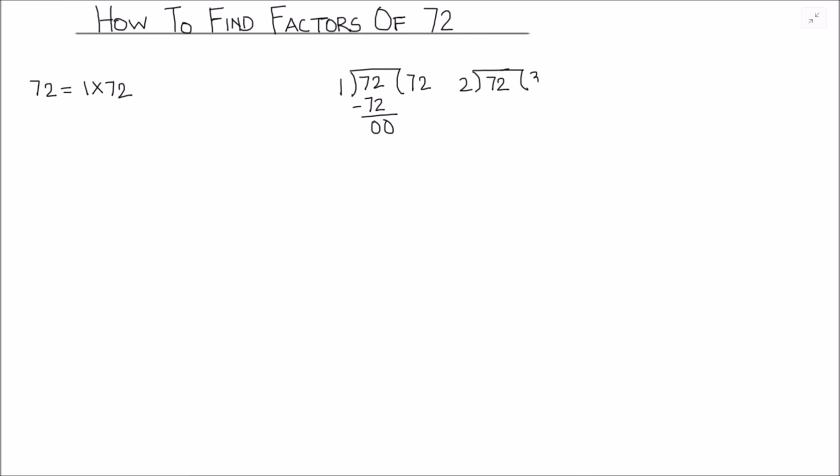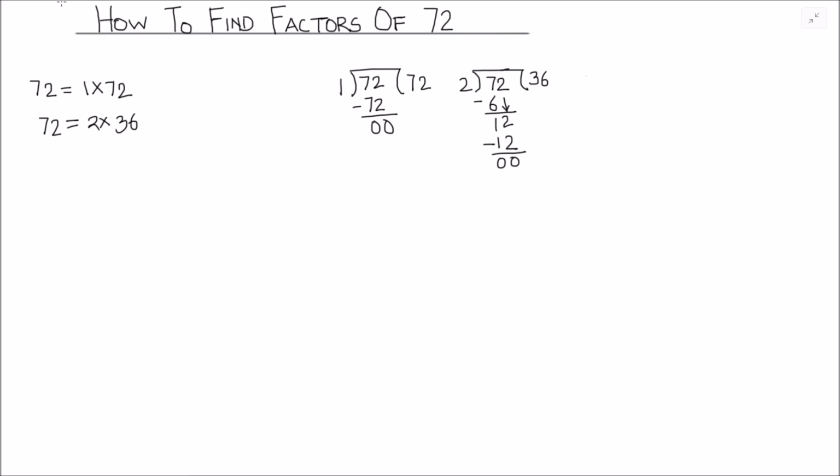So 2 times 3 is 6. We got 1 as the remainder here and we'll drop down 2. So this is 12. 2 times 6 is 12. So here we are not getting any remainder. That means 2 is also a factor of 72. So from this division process, we got two factors as 2 times 36. So 2 and 36 are also the factors of 72.